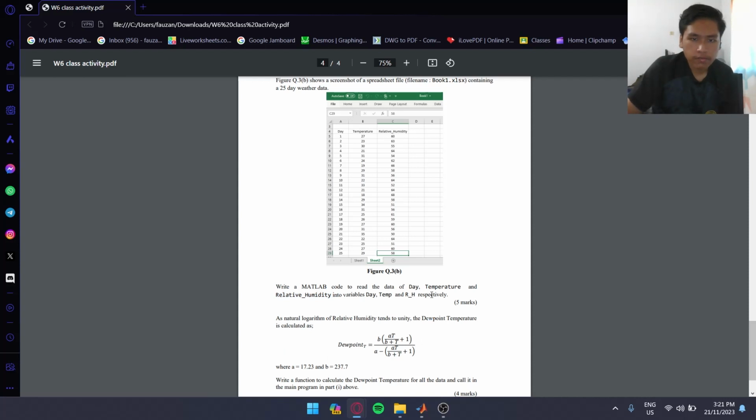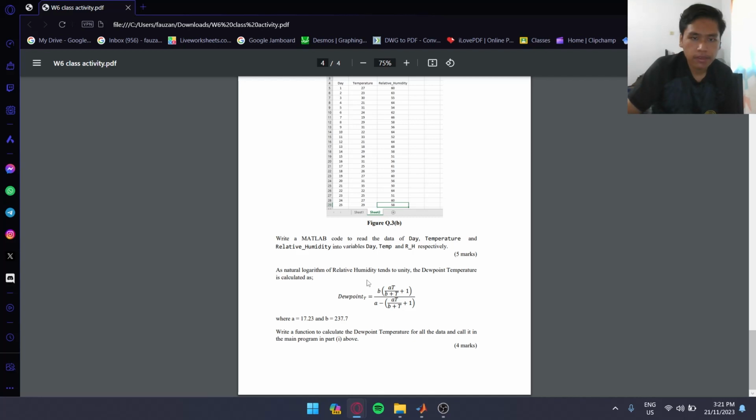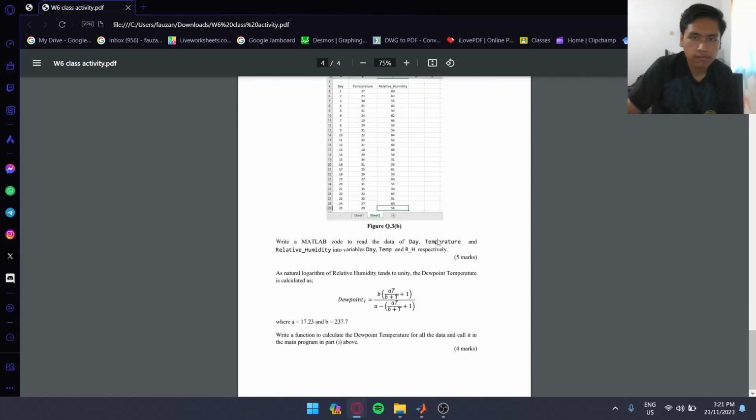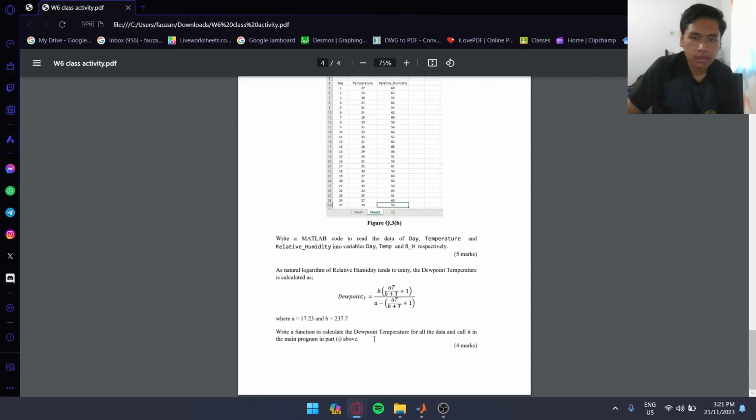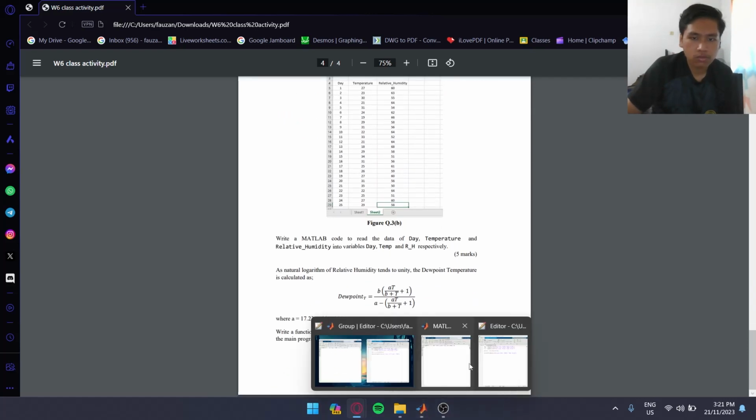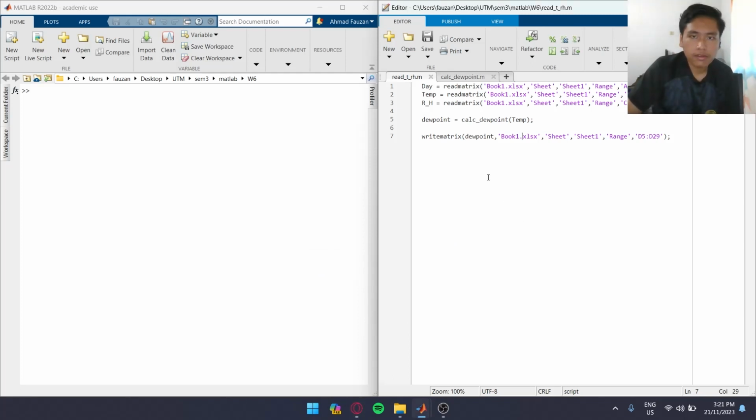And then from that temperature data and this formula, we need to find the dew point. And from all the dew point values that we have, we need to write them back into this Excel file using a function. So firstly, to read the data from that Excel file, just use the read method from